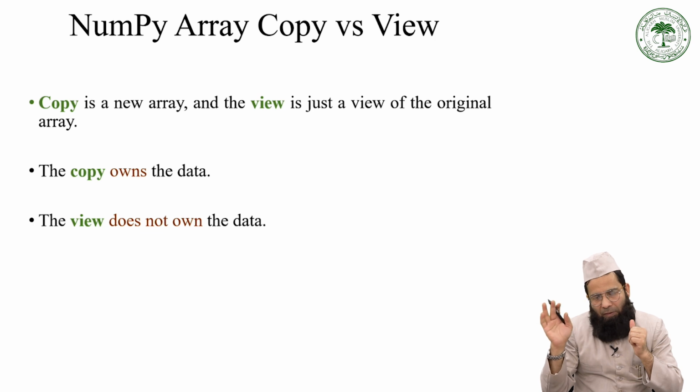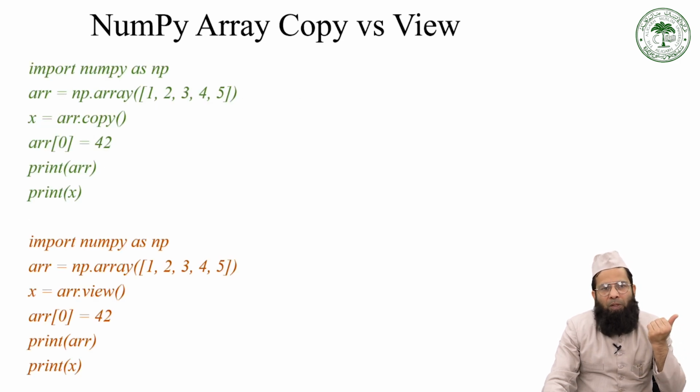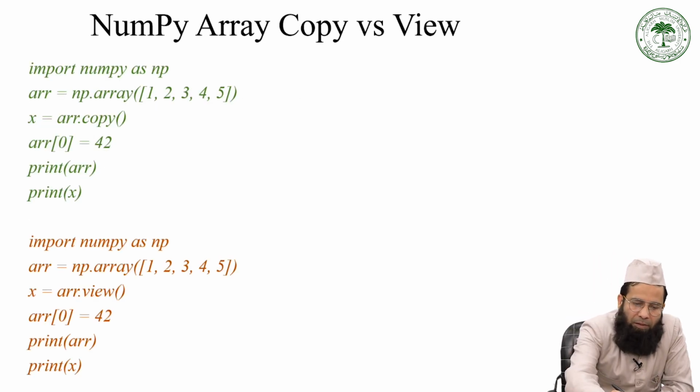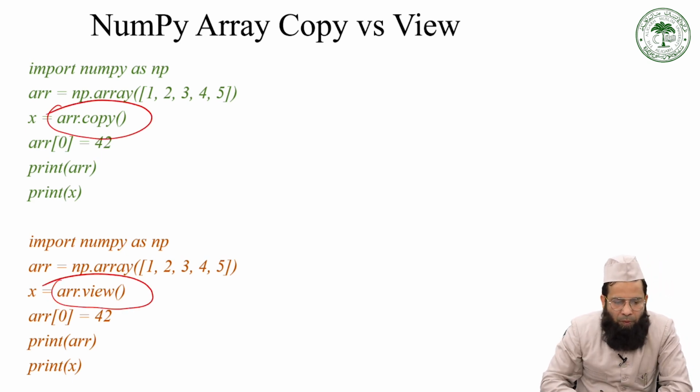If you are changing the main array, then the change would also be reflected in the view. Like in this case, this is the way to create a copy, right? And this is the way you can create the view. So if you are creating a copy,